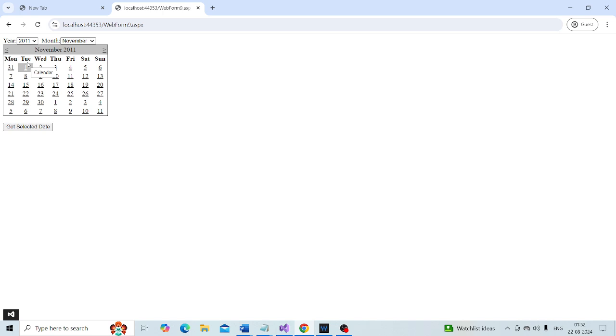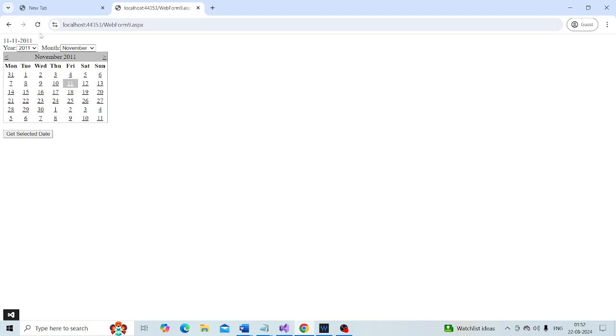I can select the date 11. Click the get selected date. And I am able to skip months and years and select the date that I want easily.